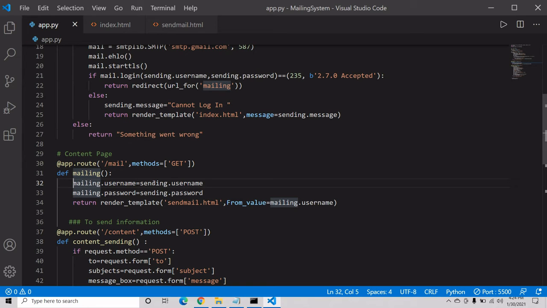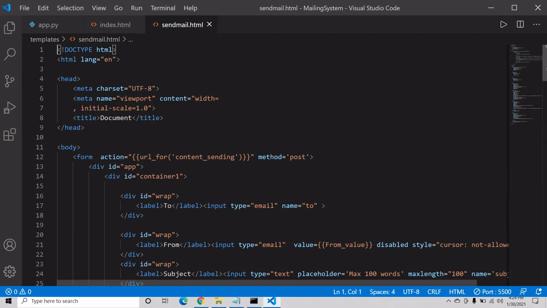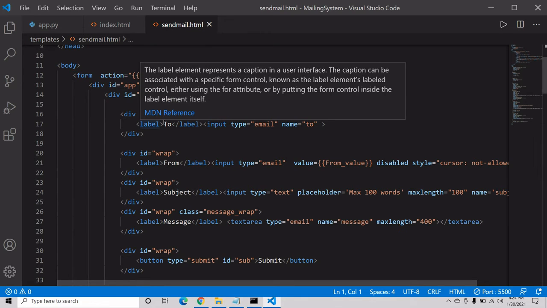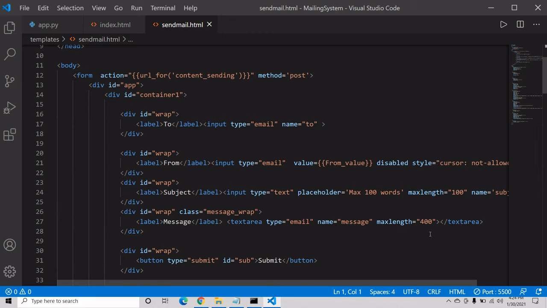After this we are saying that okay, we are getting these functions. If our login is successful, then render our template sender.html, and in the sender.html we write code saying our login is successful. After that, take all these values: to, from, subject and message.